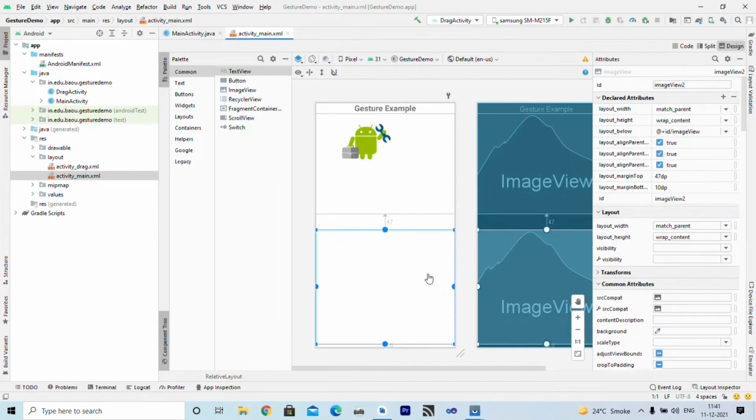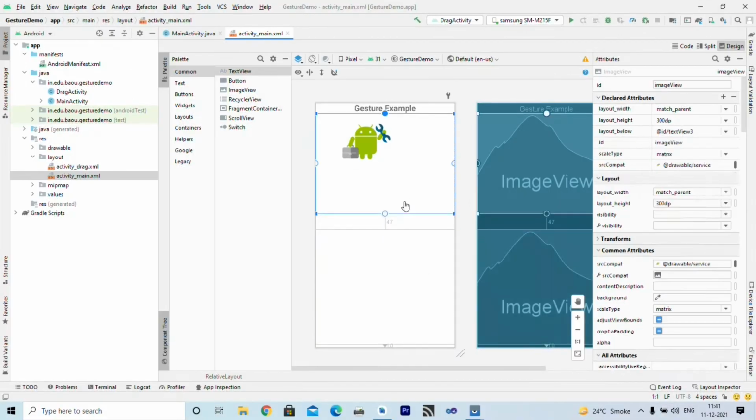Here I have placed another image view that we will discuss later on. In the second activity, we will discuss how to use drag and drop features using gesture, right? For that we use this image view 2. So, we have two image views, 1 and 2.